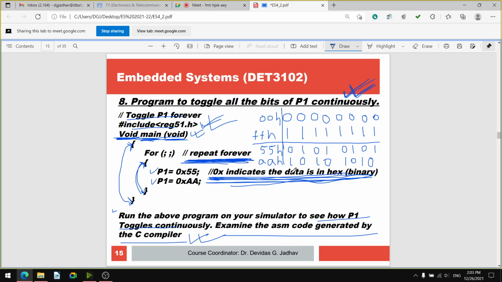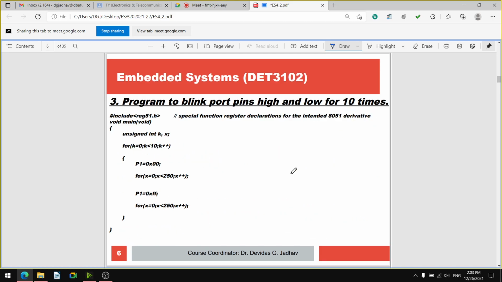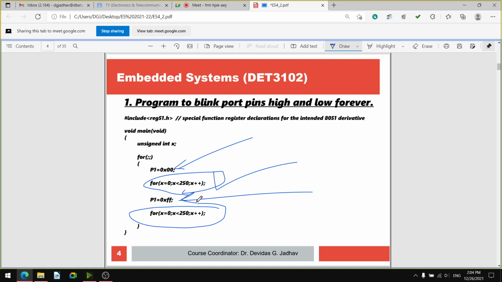So we have seen many programs. All these programs we have partially executed today. This for loop we have executed today for the delay. Port 00 outputting or port FF outputting we have discussed today. We have seen this infinite for loop.